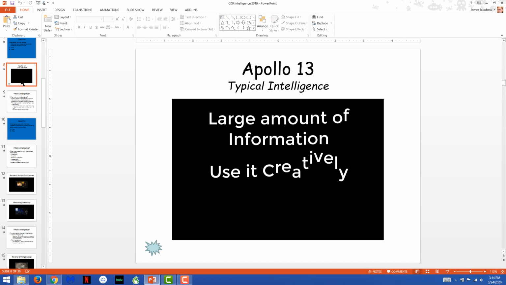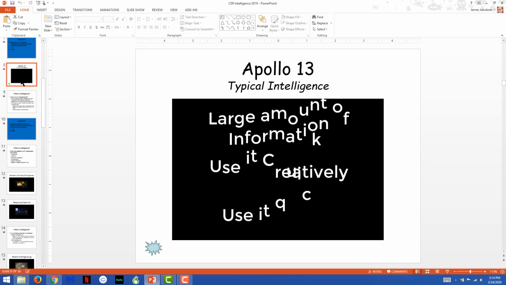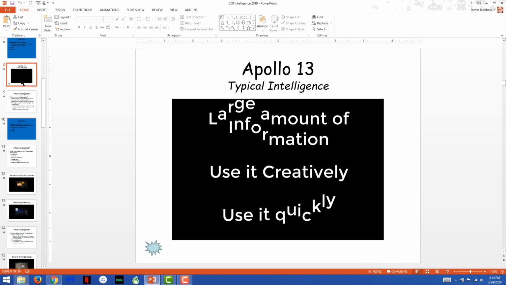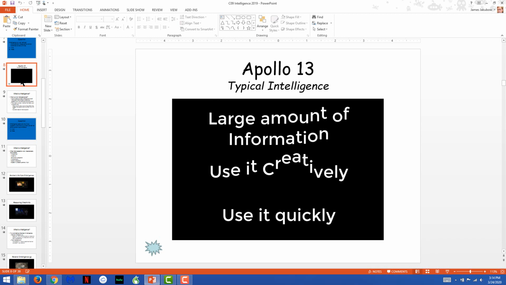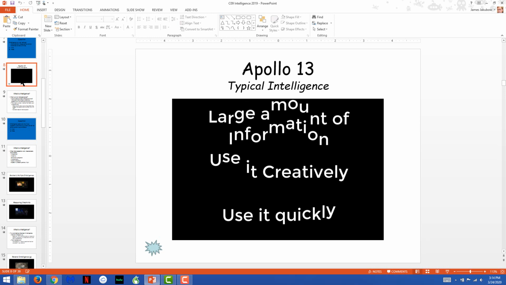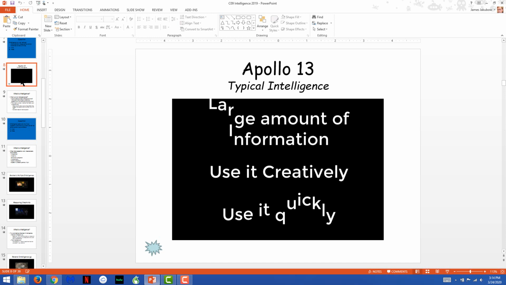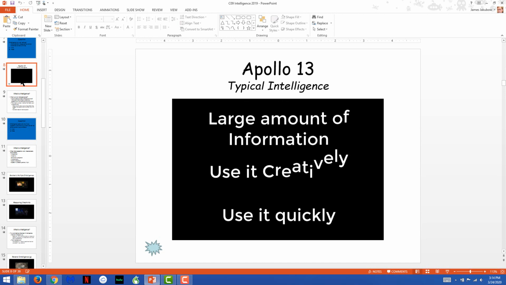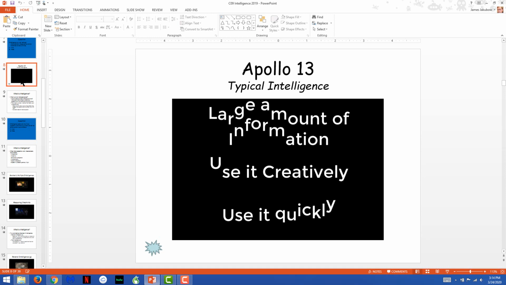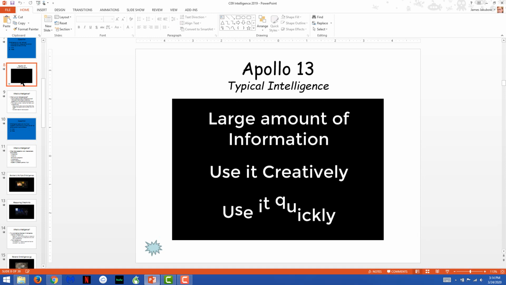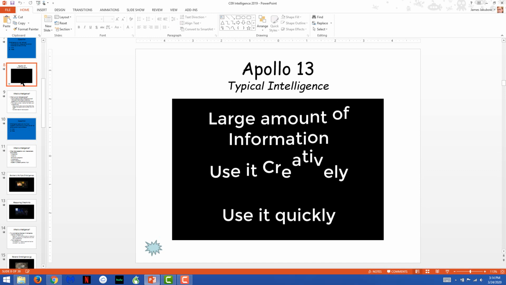And third, in a short period of time. That is, intelligence is always reflected, this is at least in Western industrialized societies, by your ability to learn a great deal about something and then be able to use that information creatively in a short period of time. And if you look for those three characteristics, most people in North America would say, yes, that looks like